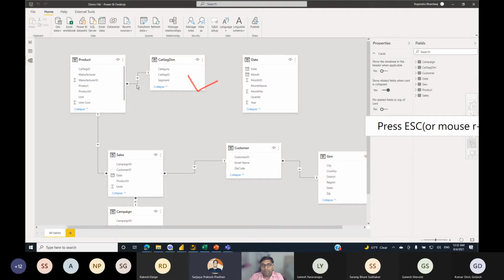Based upon your data and your column names, it runs many things behind the scenes and tries to create those relationships automatically for you. Definitely you can review that all the relationships are set up properly, but it does so much work automatically for you.